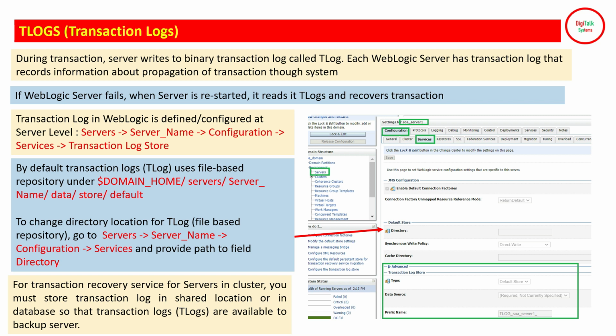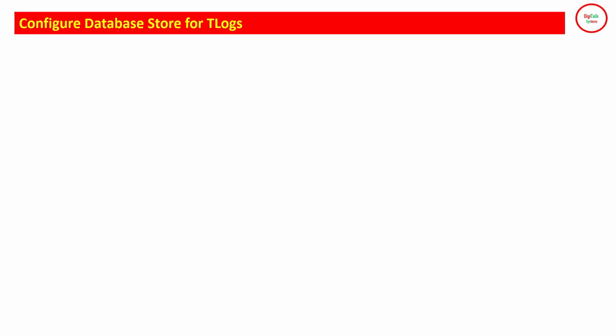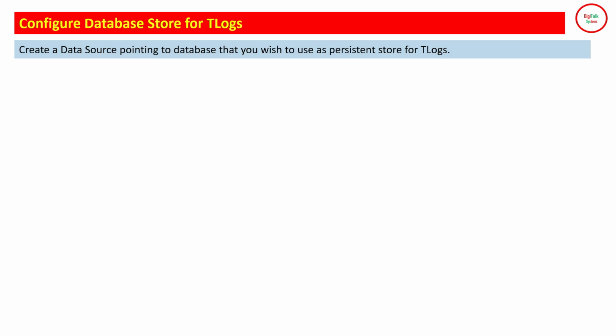Okay, that means for that you have to make sure this directory is a shared location, because that file needs to be accessed by all of the servers, right? Or you can configure the database level transaction store so that all servers can access the tables. Now, if you would like to configure the database-based TLOGs instead of the default, which is file-based,